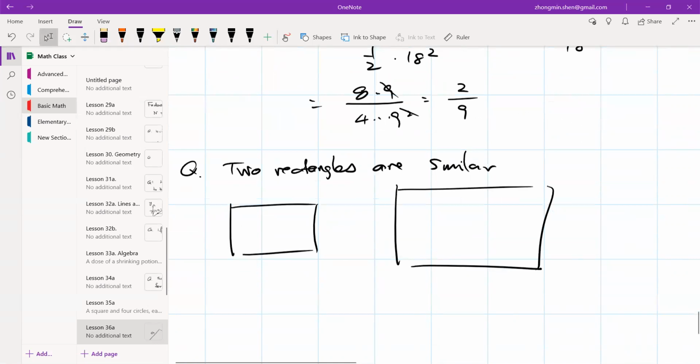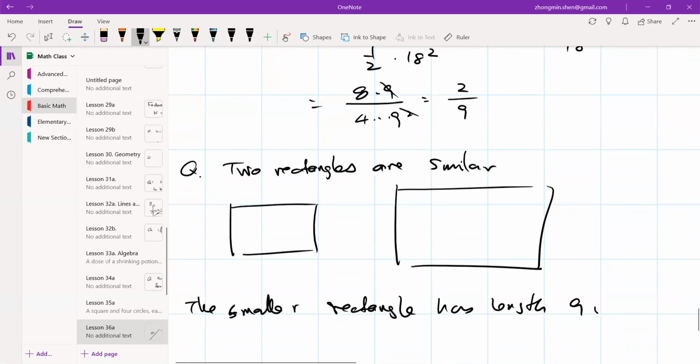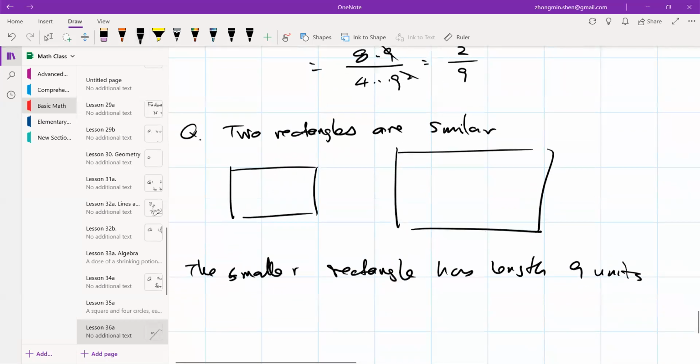Okay. The smaller rectangle has length 9 units, okay, and the width 5 units. Okay. The larger one